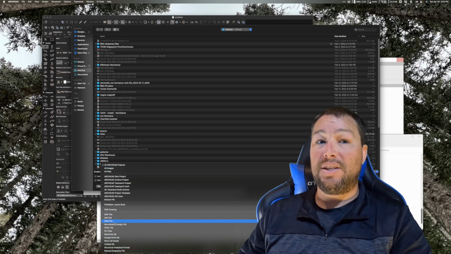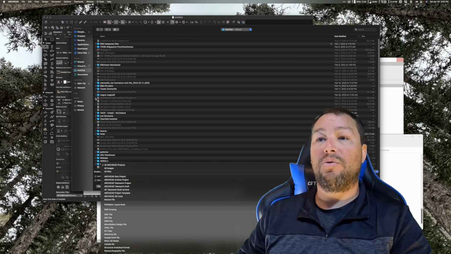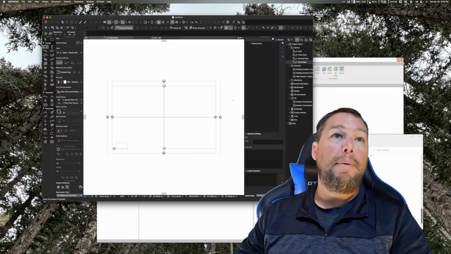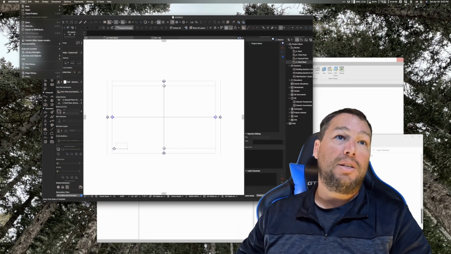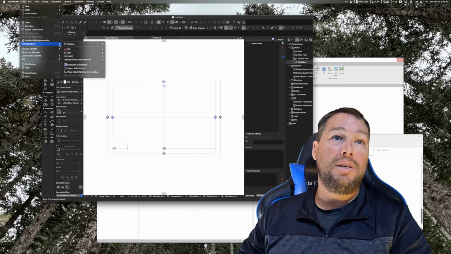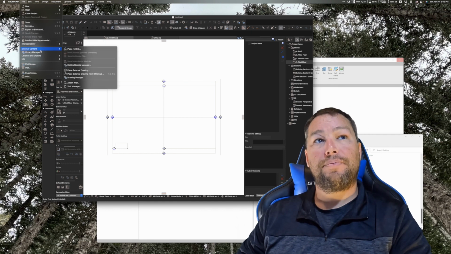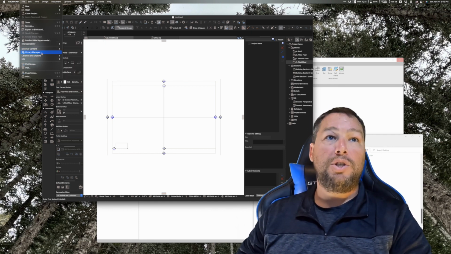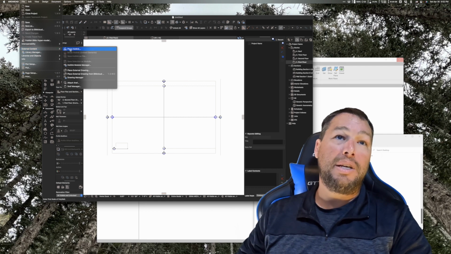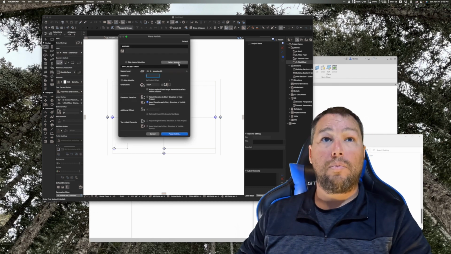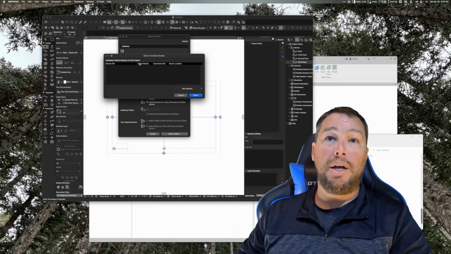Oh, that's right. You cannot do it through this dialog. Actually, that's right. You go to interoperability. No, you still can't do it there. So then what you would do is you would go to place hotlink, and you'd select the module, go from file,